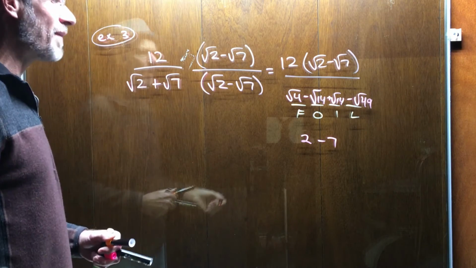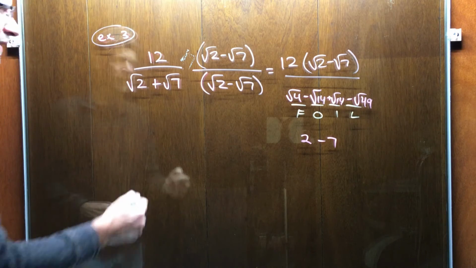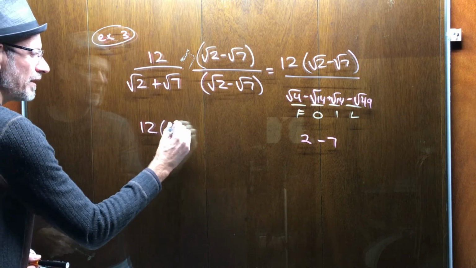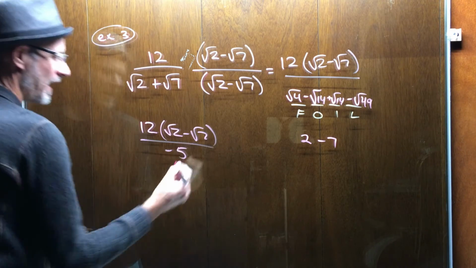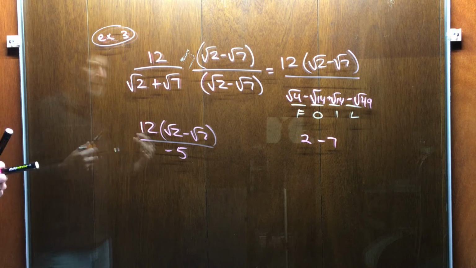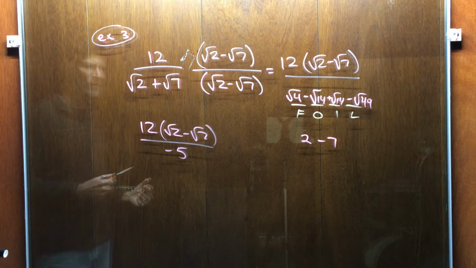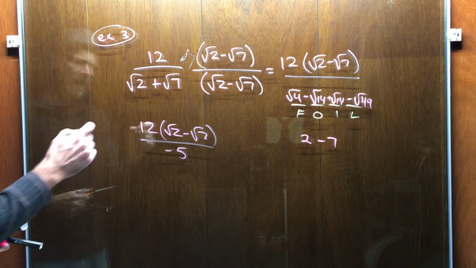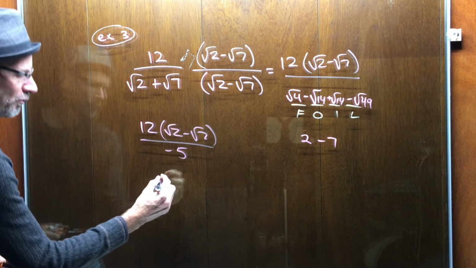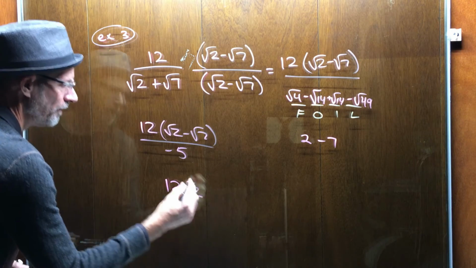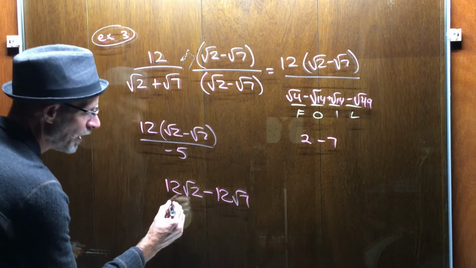So when I go to rewrite my problem, the denominator is going to be negative 5. So I have 12 times the quantity root 2 minus root 7 over negative 5. Now, I can't do any reducing right now because 12 and 5 don't have a greatest common factor. So I'm just going to keep going, and I'm going to do the distributive property. And so I have 12 times root 2, which is 12 root 2, minus 12 times root 7, which is 12 root 7, over